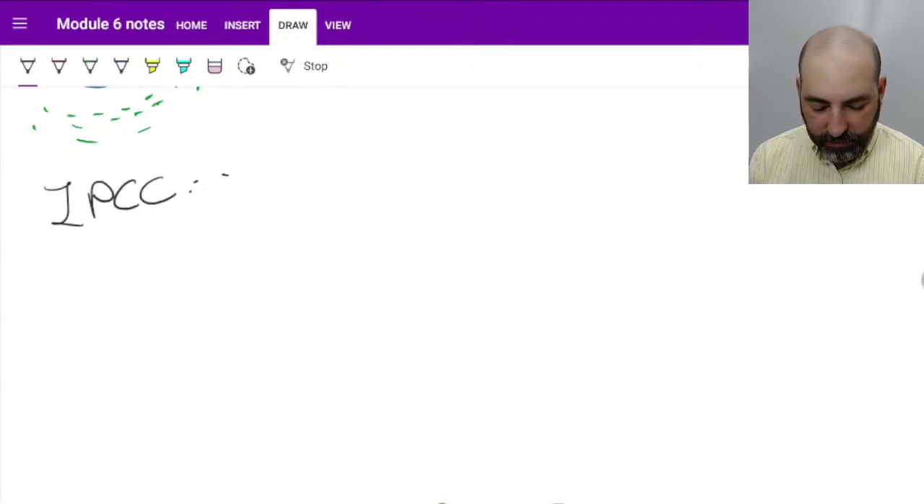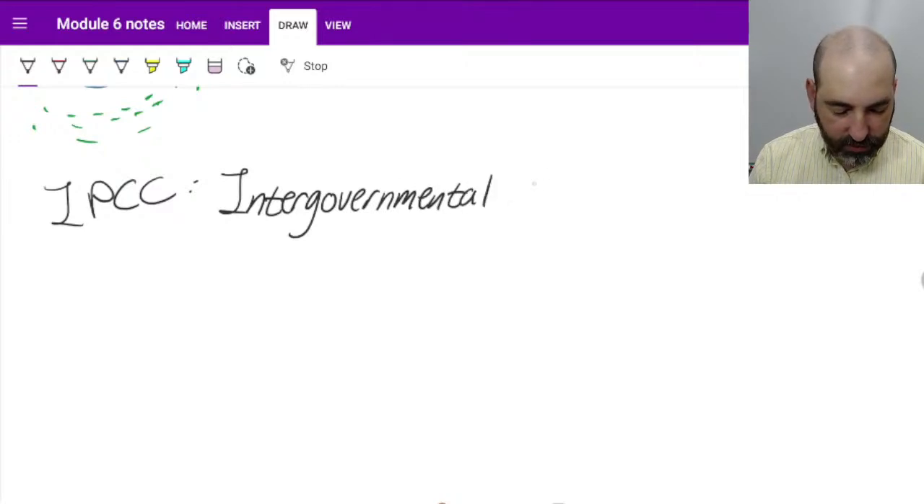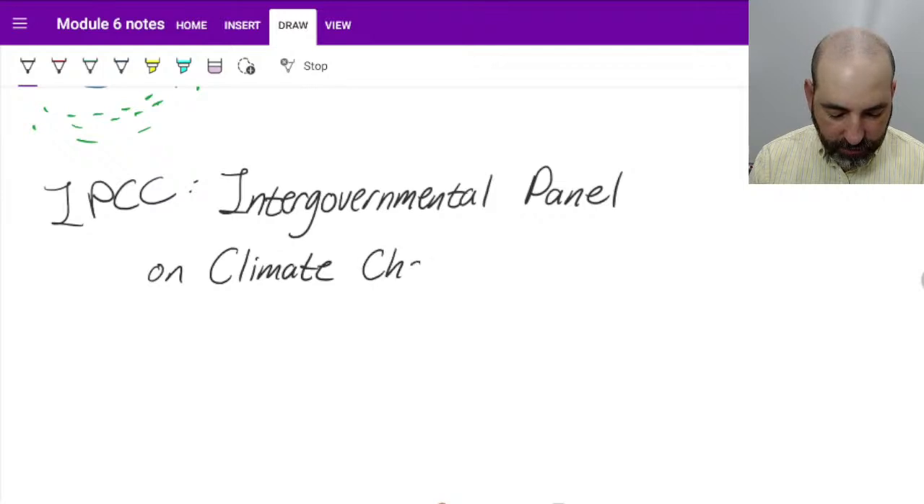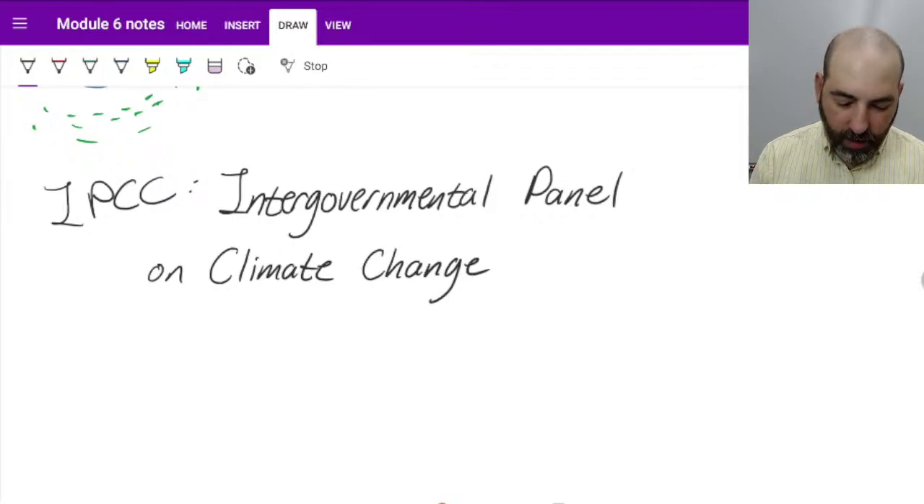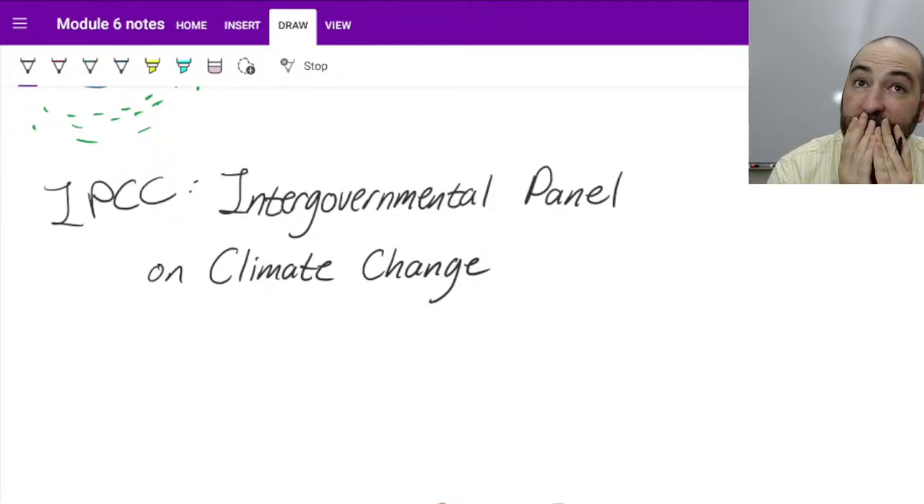IPCC stands for Intergovernmental Panel on Climate Change. The IPCC was developed by the United Nations several decades ago now